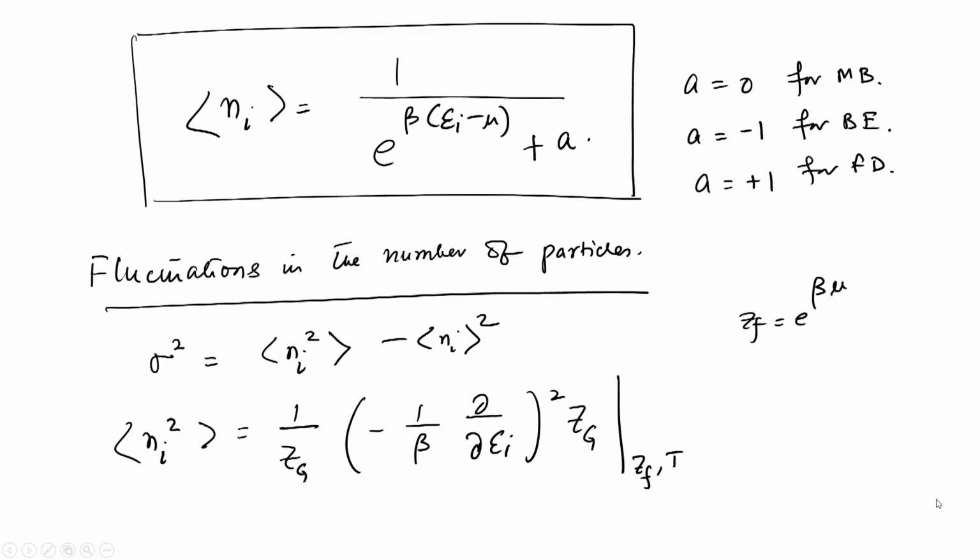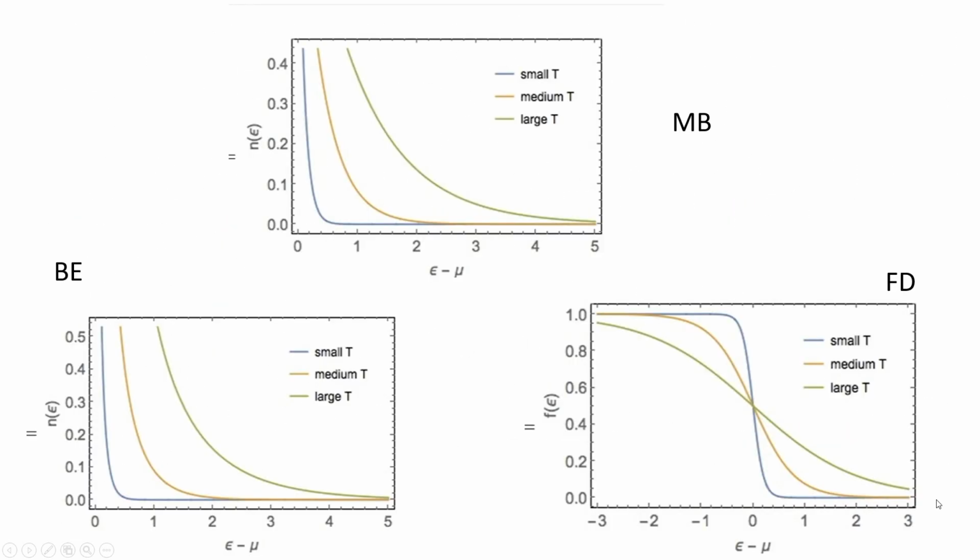In fact, some of the experiments actually compute these fluctuations in the particle number. Say for example, the Hanbury Brown-Twiss experiment that looks at the particle number distribution for photons. Okay. We will not go into details, but there are experimental ways of determining that. Okay. So, let me now quickly tell you what the classical limits are, but before that let me show you this picture that we have.